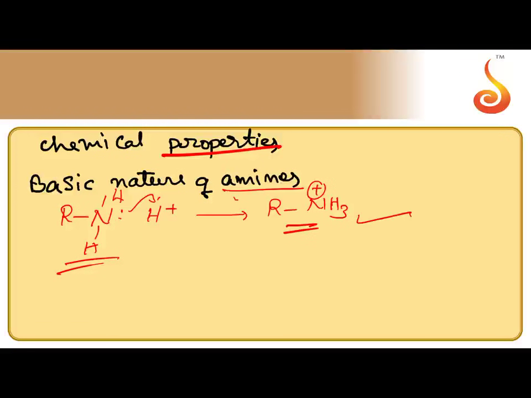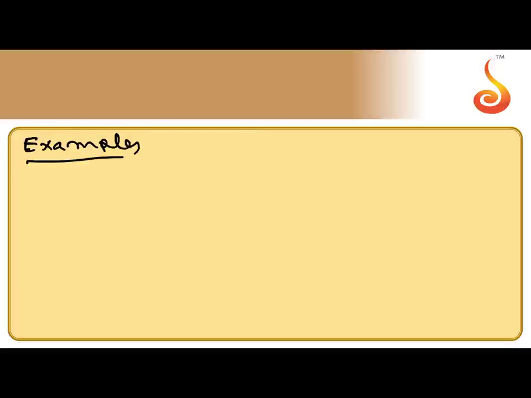So the basic strength depends on the stability of conjugate acid. At the same time, the basic strength depends how easily it is donating lone pair. If the donor atom is a larger atom, it donates lone pair easily and acts as strong base. If the electron density at nitrogen is increased, obviously it takes H plus easily and it acts as strong base. So basic strength is increased by electron donating group but decreased by electron withdrawing group. You have to remember these points.